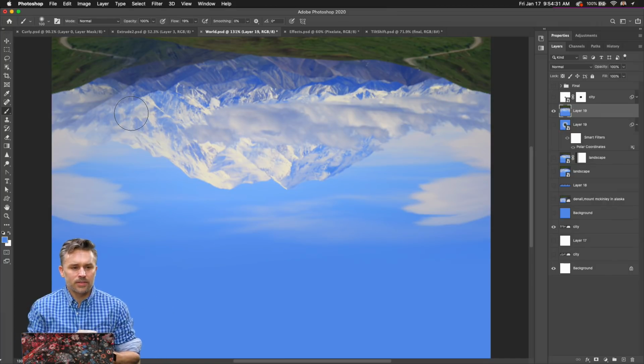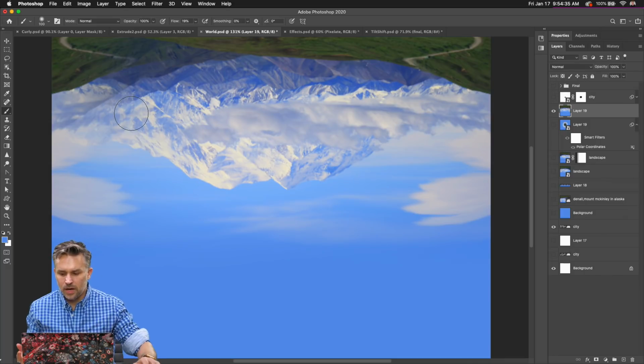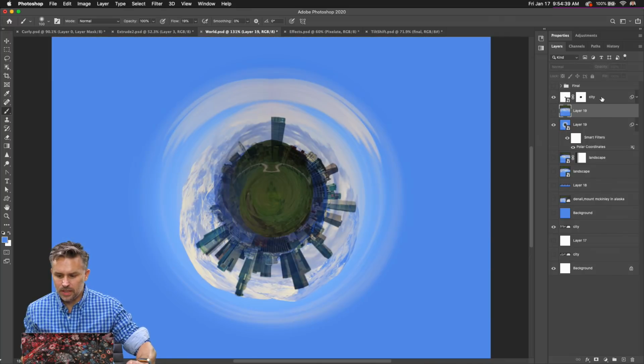Yeah, polar opposites, polar coordinates. You get the idea. So cool. Now it's unraveled. We go from this to this. But again, hopefully you